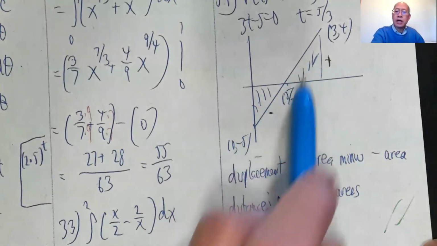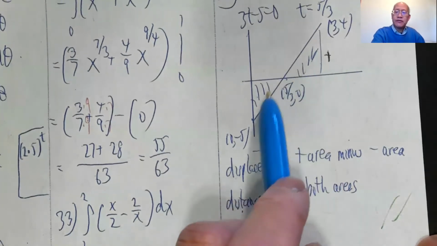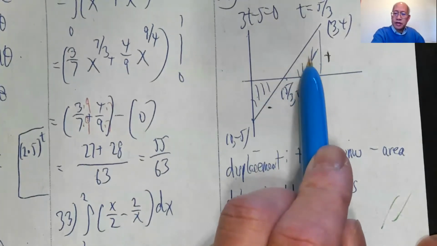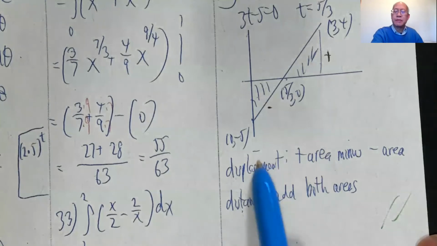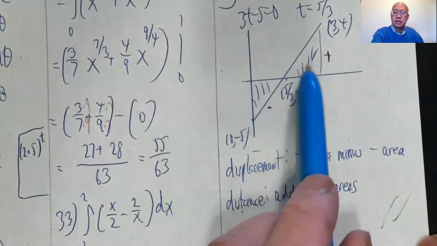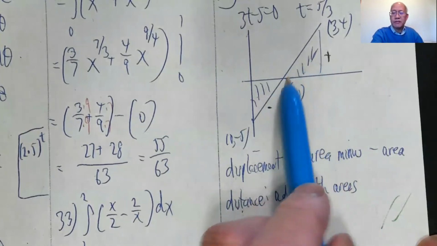Add the two areas for the distance. Take the difference of these two, so whatever this minus this is, will be the displacement. Sorry, that would be for the displacement, the total displacement. It's this thing minus this thing as an area. So you figure out 1/2 base times height for each one. Okay. Finally, for